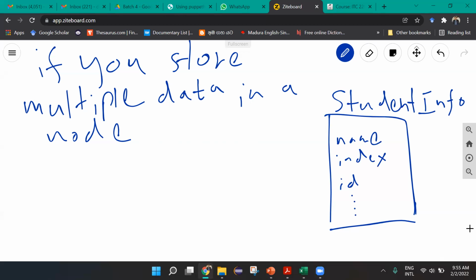So if you store StudentInfo objects, you can create an object from this class. So if you put this data in a node,